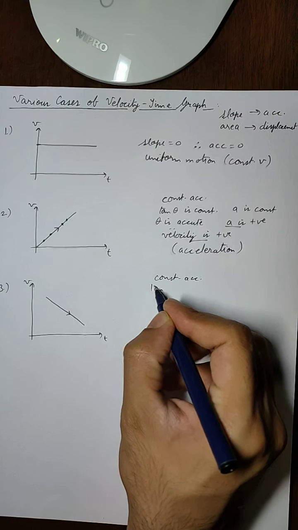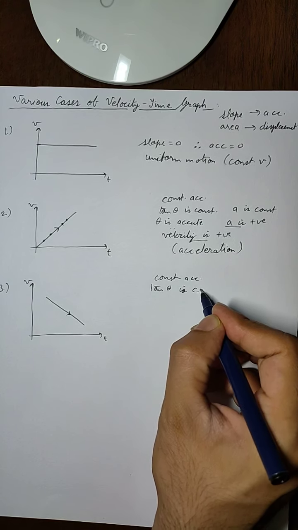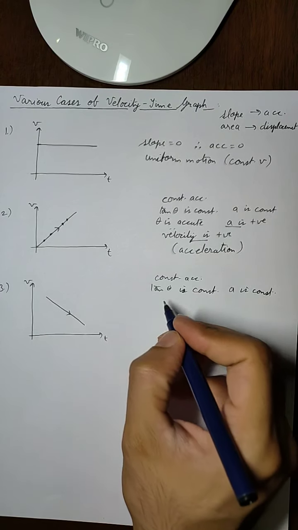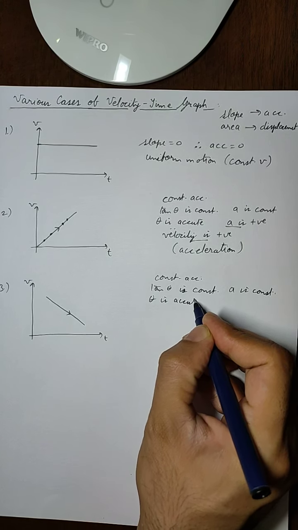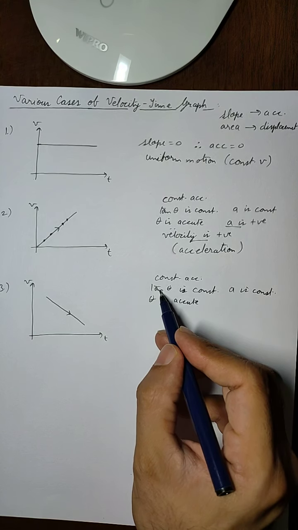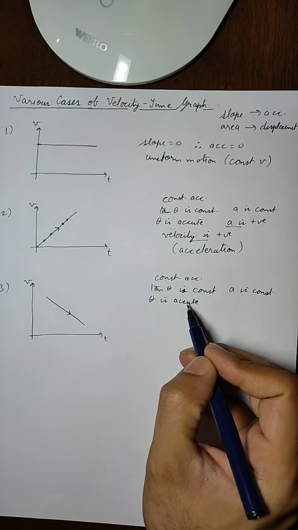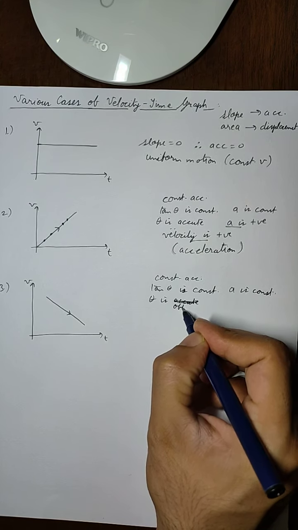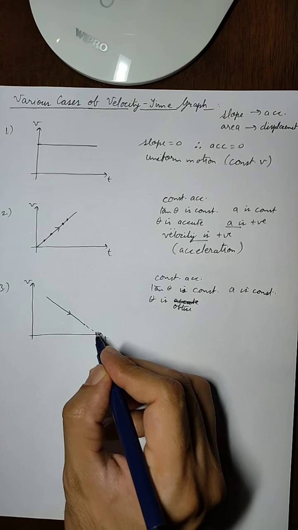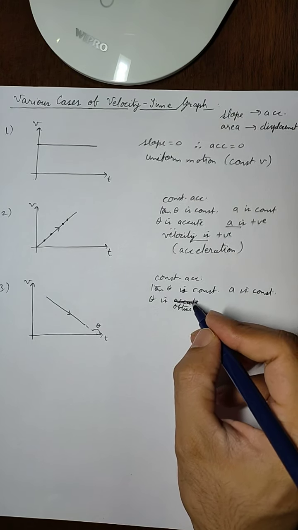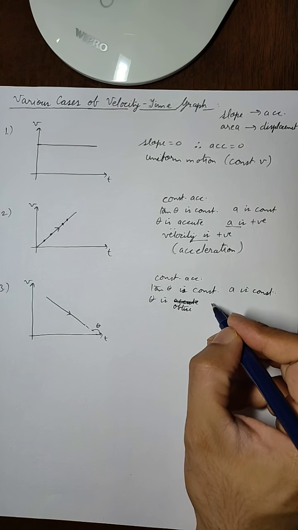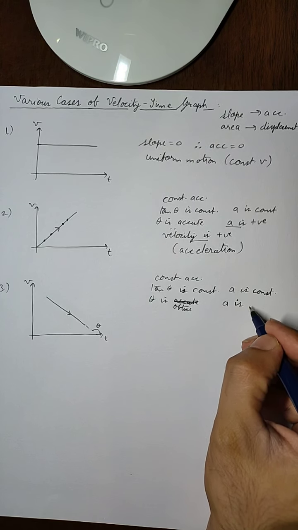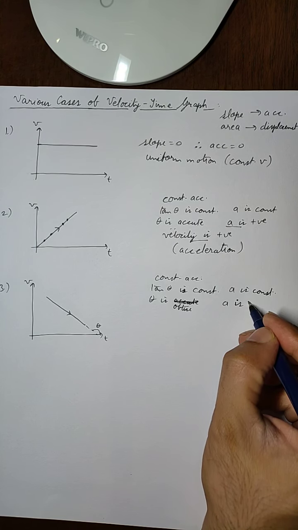So although tan theta is constant, which means acceleration is constant, since theta is obtuse, tan theta is negative, so acceleration is negative,